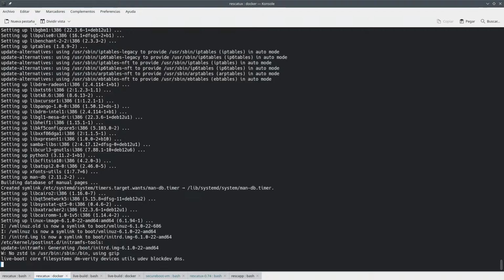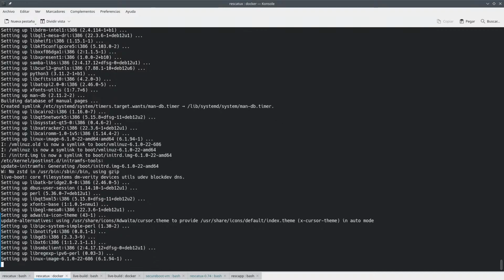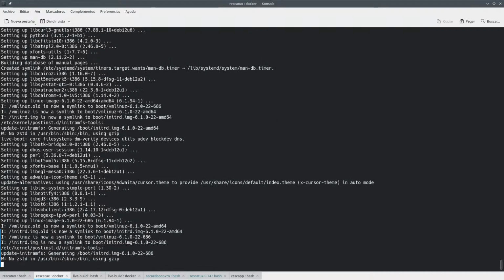Let's see when this thing ends and we can have this SELinux stuff properly done. And yeah, so